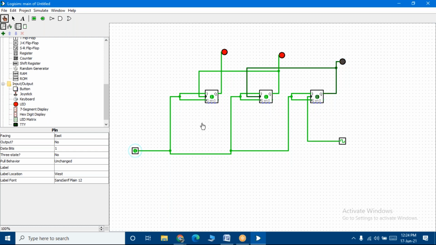This is how you will have to show me the output in the exam, students. If I ask you to do 4-bit, don't worry, I'll ask you the simplest thing only. If I ask you the 4-bit, you will have to connect one more JK flip-flop. Whatever connection I did here, the same connection you will have to do there. Clear? Give your input high and simulate it. Once you simulate, automatically the results will come.